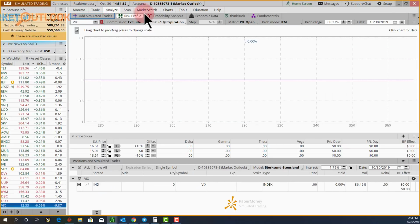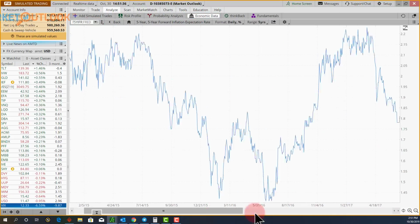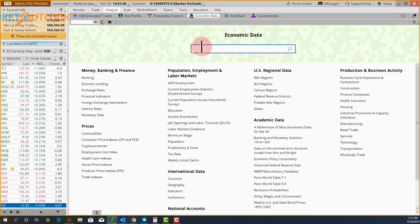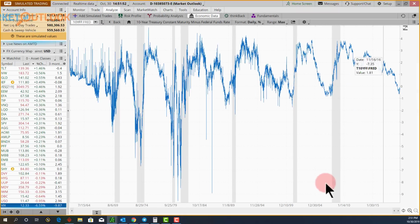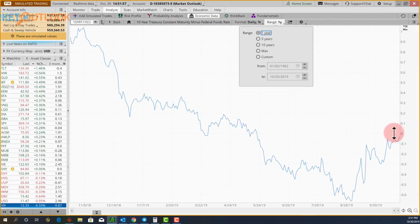You won't see this updated yet, but this is the inflation expectation rate. Of course, this is what you would want to get back above 2% too, and that will bring yields up. This hasn't been updated, and the other thing that's not quite updated yet either is the yield spread. The one I've been watching is the 10-year minus the Fed funds rate. That was at 0%. Here, let's just go to 1 year. That was still below 0% heading into this meeting. Again, once this is updated after this, a break above 0% will be